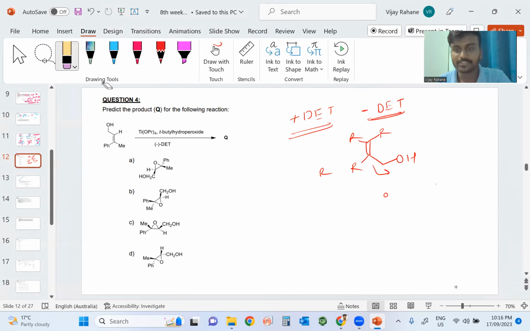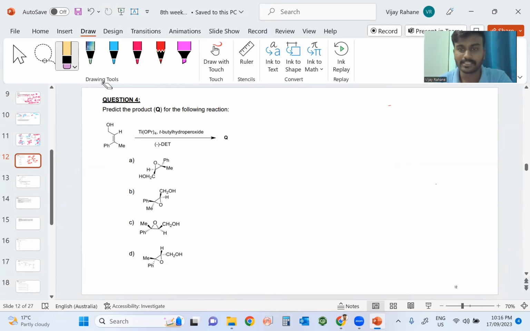But generally, I use this concept for the problems in the NET-GATE. They always have a particular type of question with plus diethyl tartrate and minus diethyl tartrate. So here the question is to predict the product, and we have been given the double bond which contains the